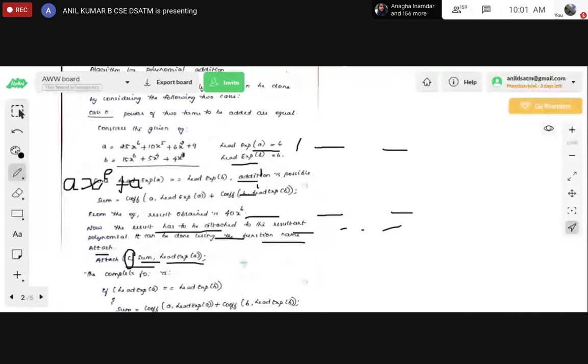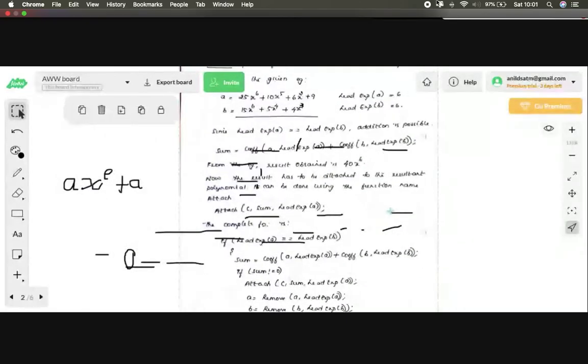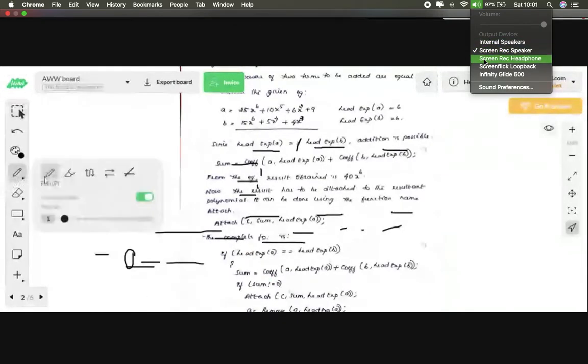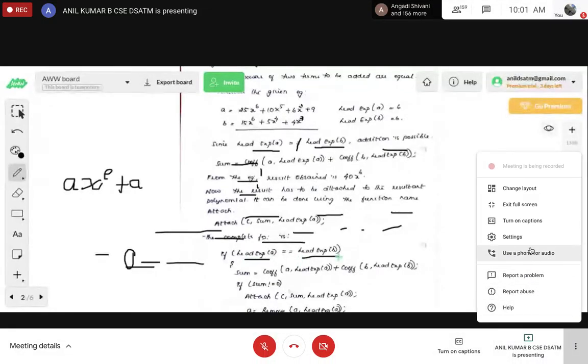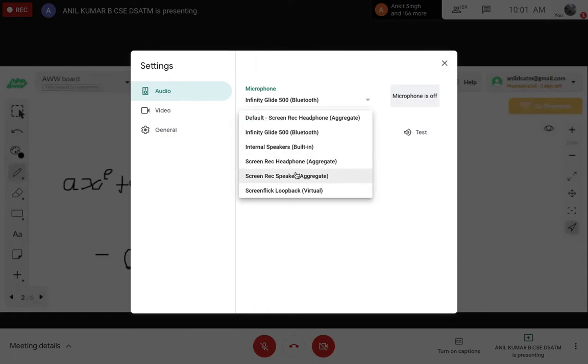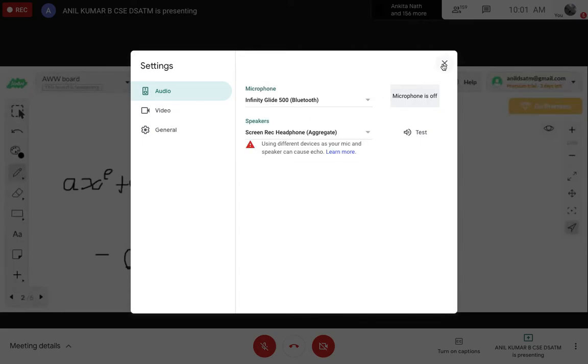One more function we are going to call for that, to store the resultant, if the addition of those two polynomials, if sum not equal to 0.